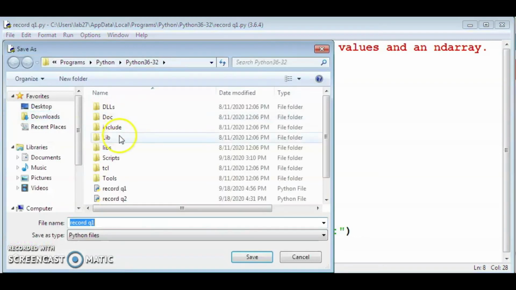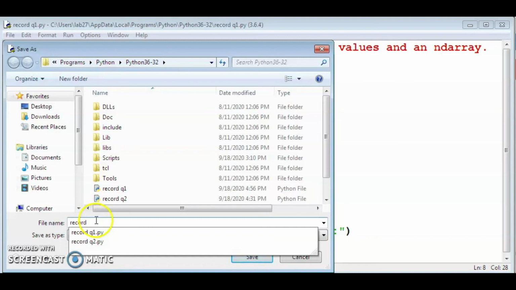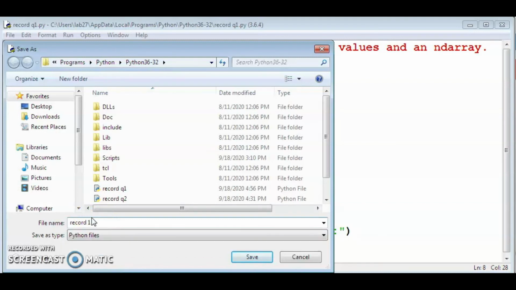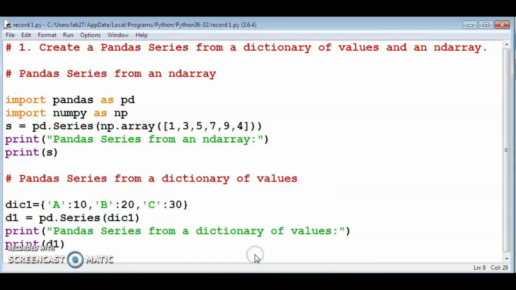Click on save as, then record1.py. Py is the extension of a Python program. So you must give the extension while saving your file, dot py. Then click on the save button.